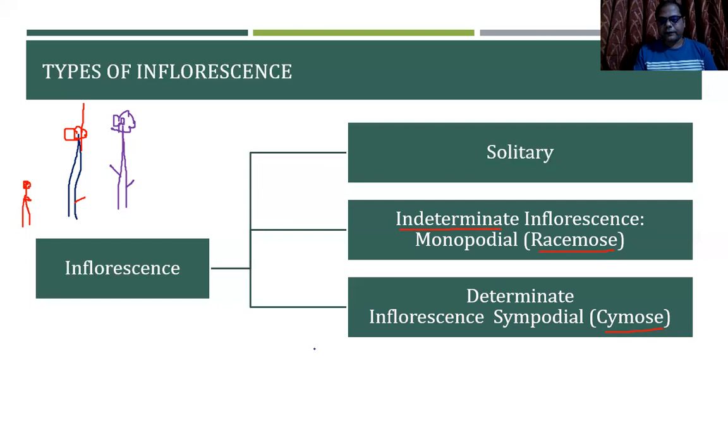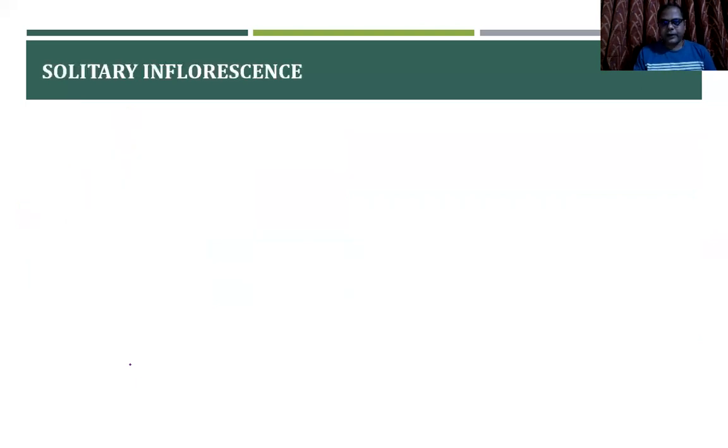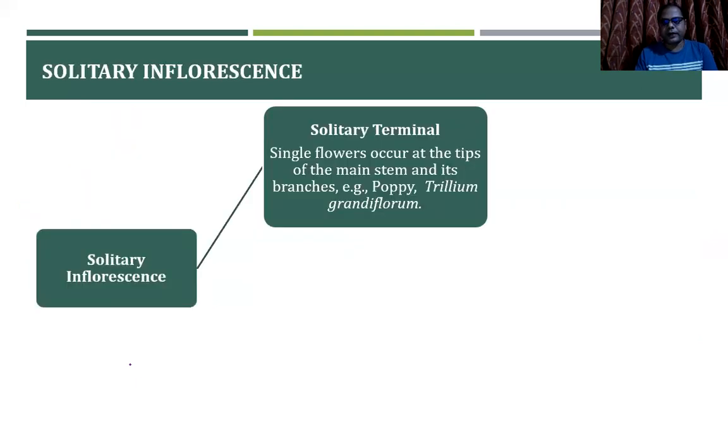Now, the other kind of inflorescence, apart from the solitary, determinate, and indeterminate kinds, there are different other forms of inflorescence that are totally clustered into a group called the special type of inflorescence. Now, let's go into detail on solitary inflorescence. In the case of solitary inflorescence, we have two kinds: the solitary terminal